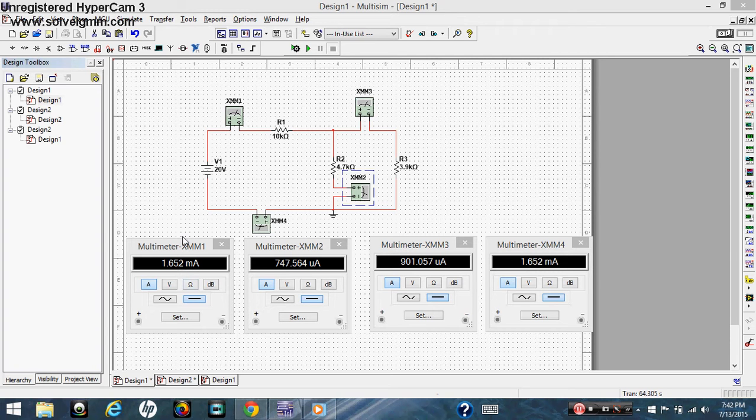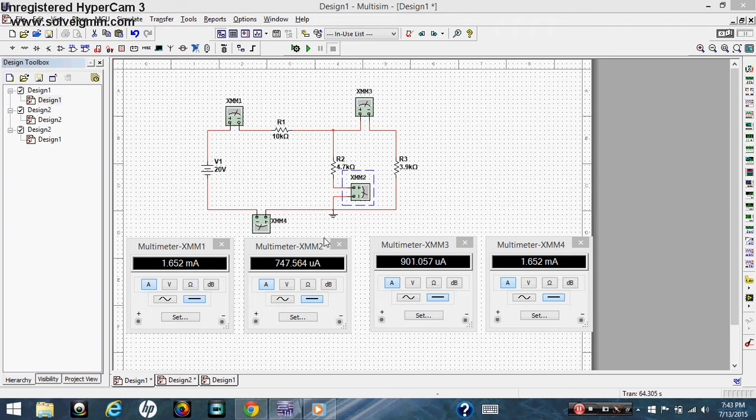1.652 milliamps, and it's in series with the voltage source because current in series is constant. So next you have the second multimeter in the parallel component R2 and R3, and it's connected end to end to R2, to show the current that's flowing through R2,